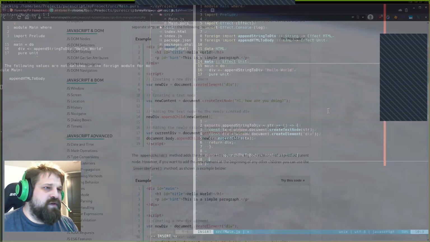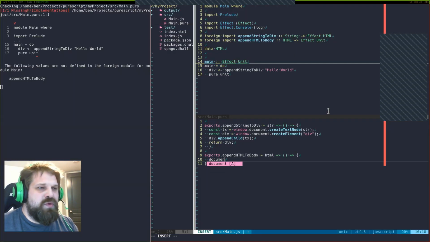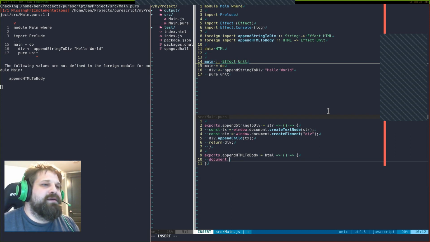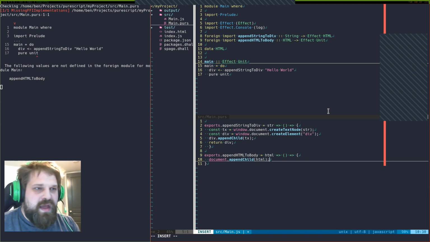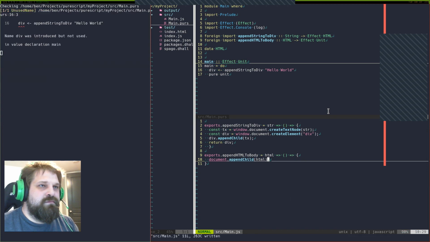I think that should work just fine. So document, it really does exist on the window object, but that's fine. JavaScript can figure that out. And document.append child any HTML that we give it. And we don't need to return anything because we're returning unit.